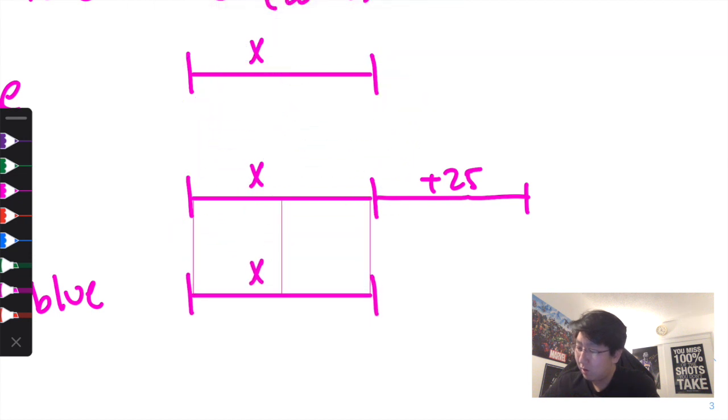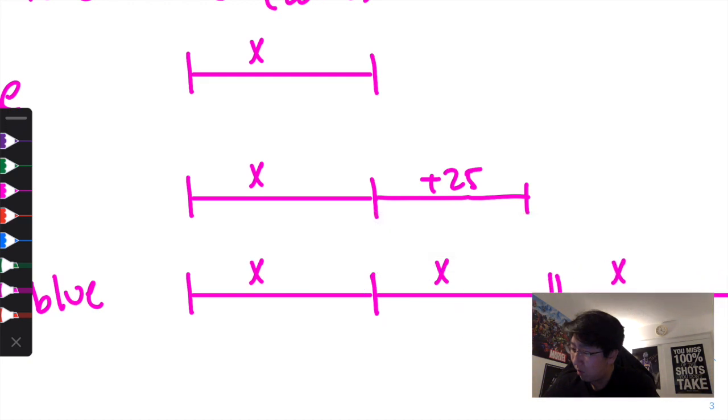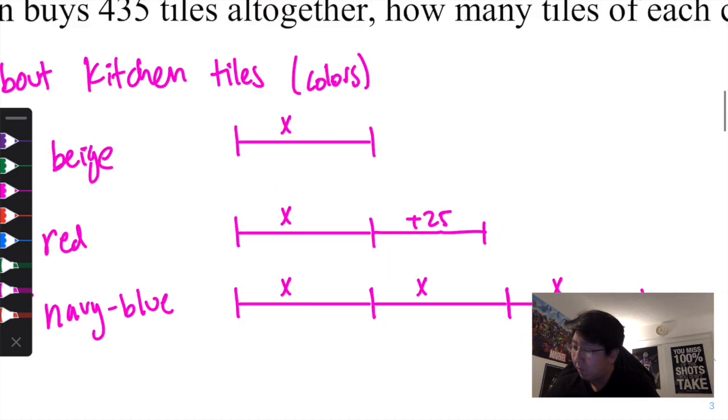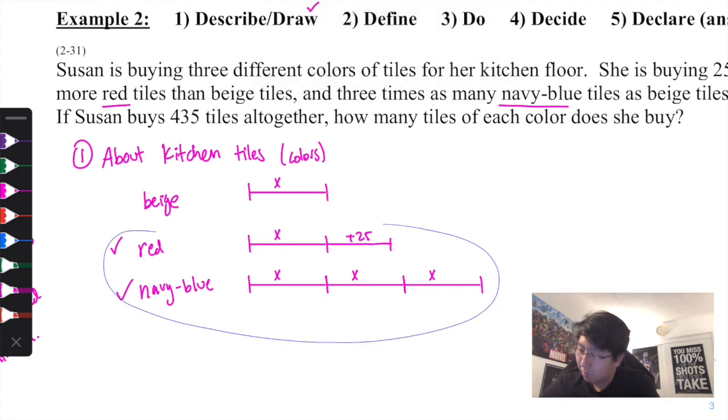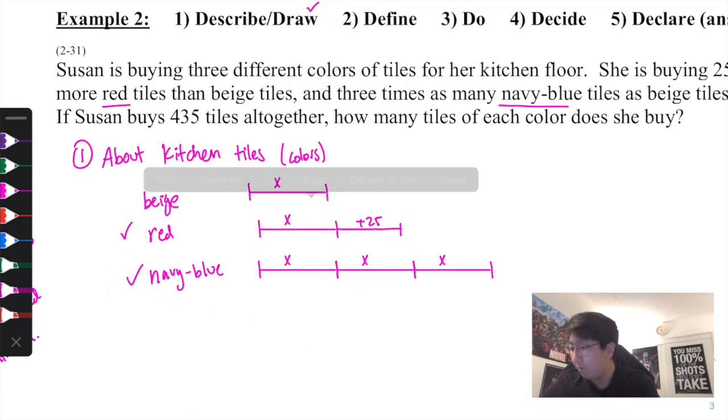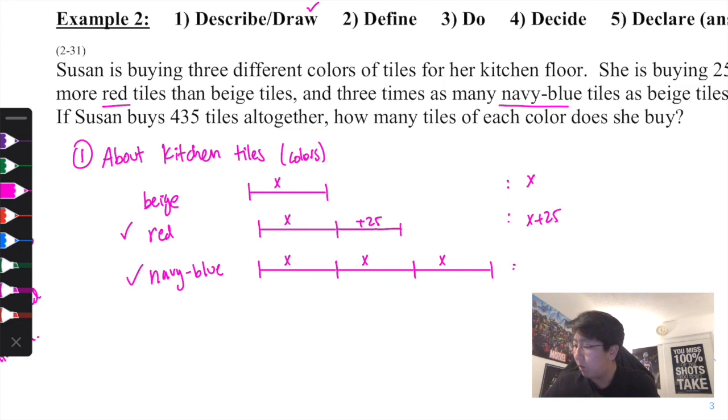So I'm going to duplicate this 3 times. 1, 2, 3. So I'll kind of bring these in together a little bit more. So beige can be described as x. Red can be x plus 25. And navy blue can be 3x. So now that we know these 3,